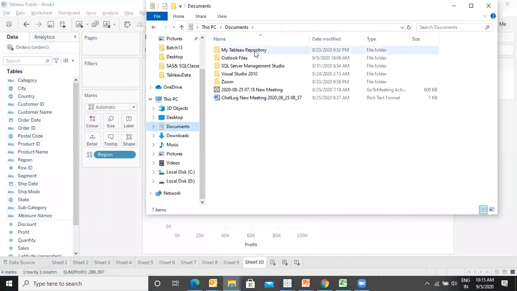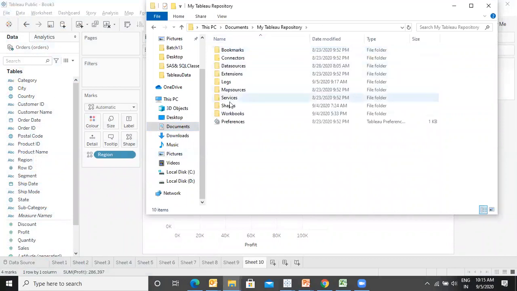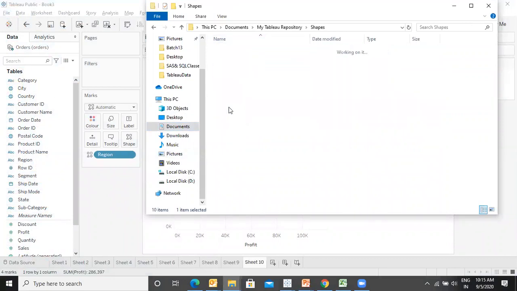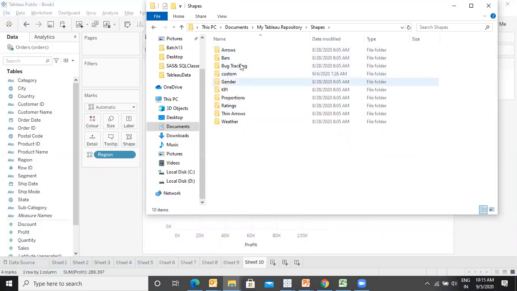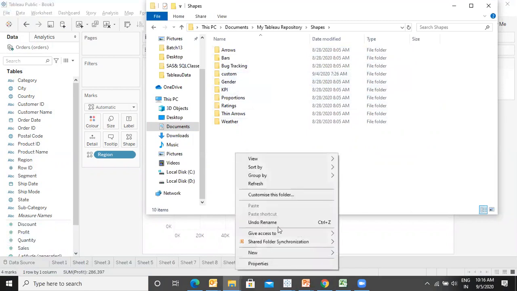In the documents you will see a folder called My Tableau Repository. In this you will get an option called shapes. When you open this shapes, you will get all this gender, arrows, and all those weather, custom bars. So those same are available over here also. So let's create our own folder over here.